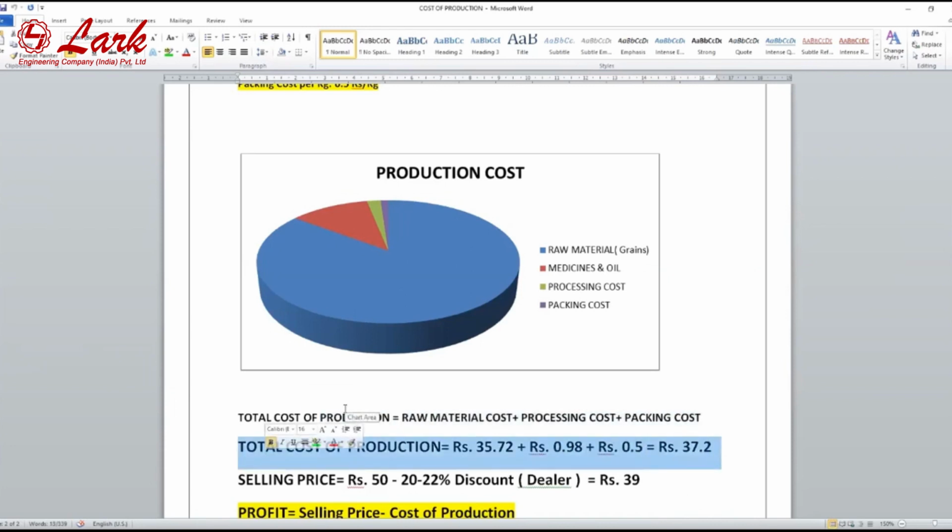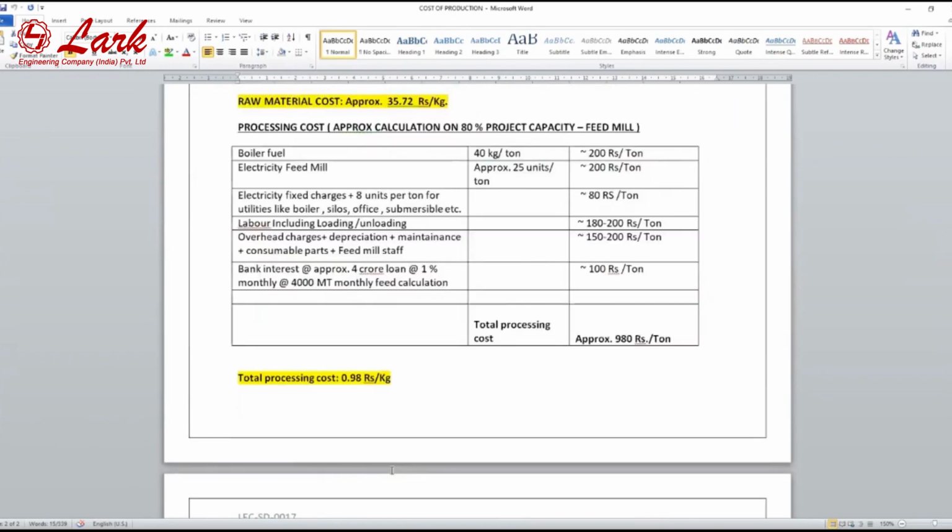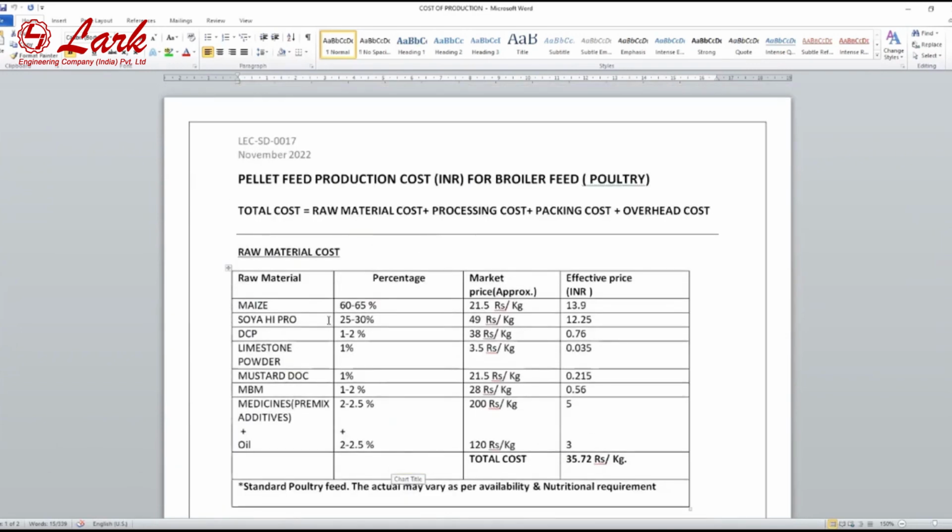पैलेट फीड आ गया। इसमें फिर डिपेंड करता है मार्केट कैसा है, कितना डिस्काउंट दे रहे हैं, डीलर क्या है, वो फिर आपका अलग फीड मिल की स्ट्रेटेजीज हैं, that vary upon the feed mill to feed mill. So that is a simple document for pellet feed production cost, जिससे हम रेफरेंस ले सकते हैं और जिससे हम अपने फीड मिल का ऑडिट कर सकते हैं। हमारा अगर प्रोसेसिंग कॉस्ट ज्यादा आ रहा है तो हमको बॉयलर का चेक पॉइंट